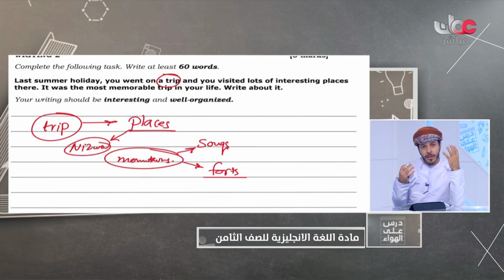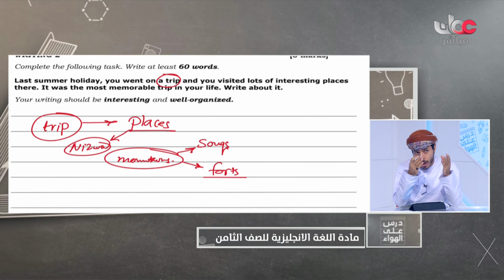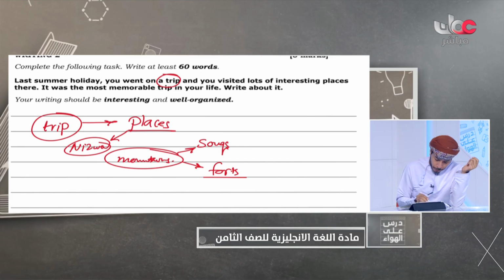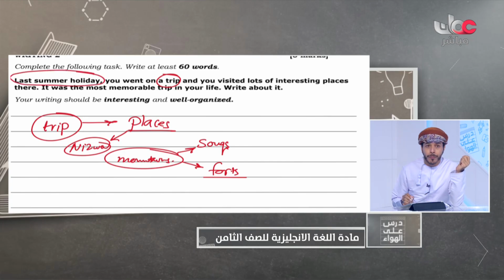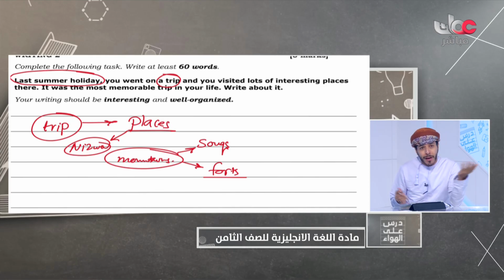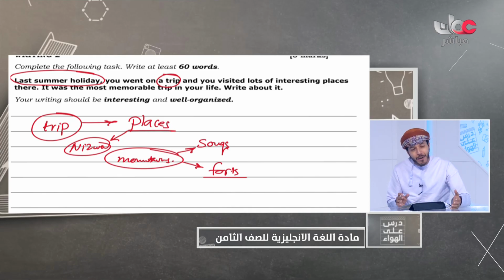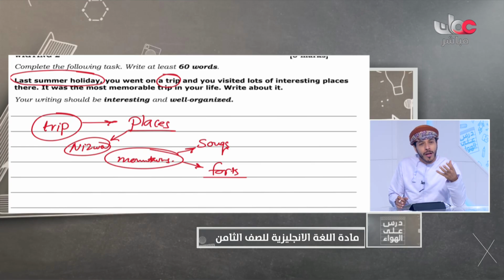Try to use your imagination. In this way, whenever you understand the question, you will develop like a clear image of your story, and it will become very easy to you. So we have the time already, because it's already mentioned in the text, last summer holiday. This is the time. إجازة الصيف الماضية. Okay? And you were on a trip. I think the story is already here. Okay? You just need to mention the characters, the time, and the time is already mentioned, last summer holiday, and